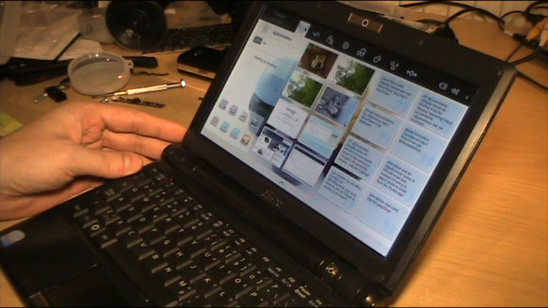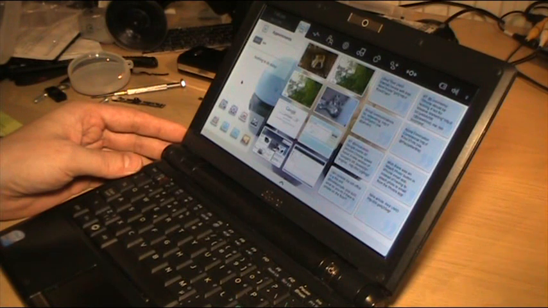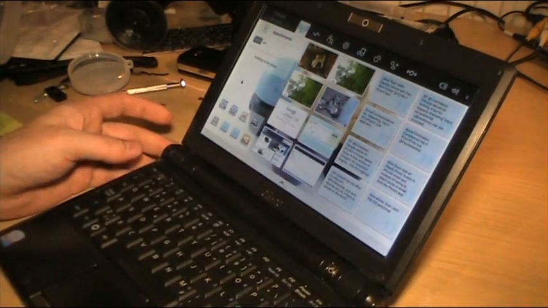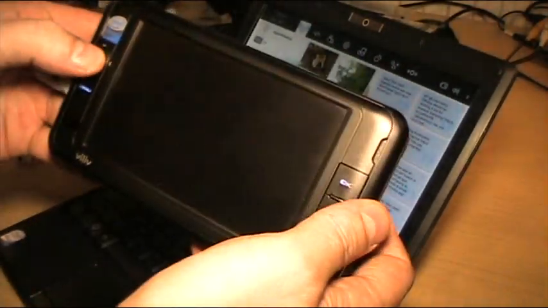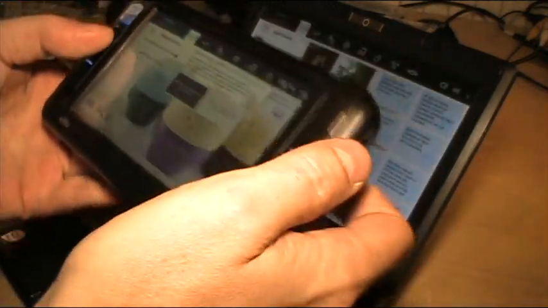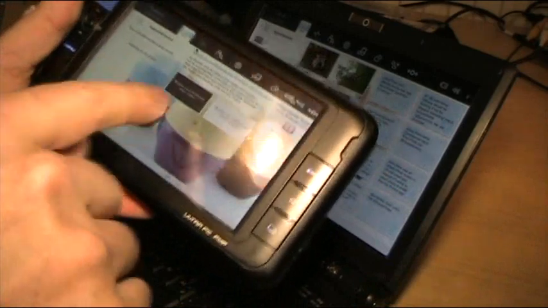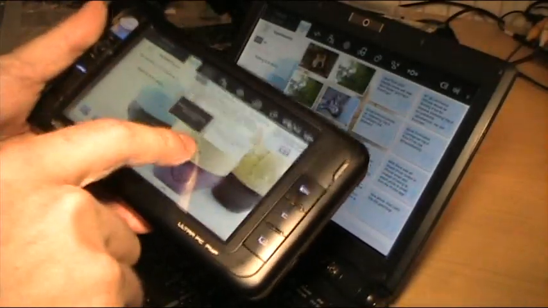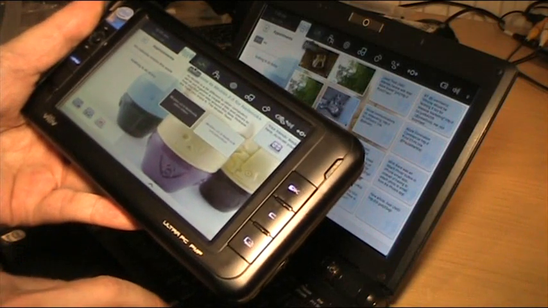Did I miss something here? I don't know. So this is Moblin V2 for netbooks and MIDs. Oh, yeah, I have to show it to you on a MID. So this is VDVS 5, and this is how it looks. So it looks the same, but actually it doesn't work at all. I tested on 3 different MIDs, no touchscreen, and of course you couldn't even use this with a touchscreen